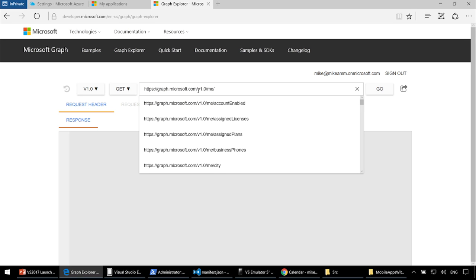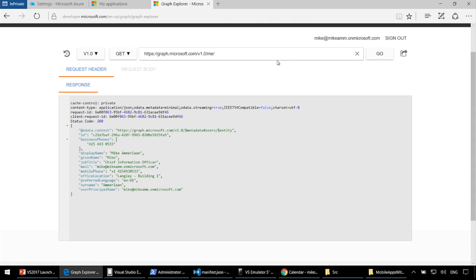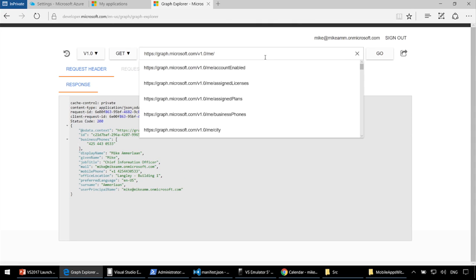Okay, so this is a very simple REST request here. I'm going to be looking at /me. I'll click go, and what it'll return is some very basic information about this fictitious person who's a chief information officer. Okay, so that's just a very simple GET request, but I can also go down the hierarchy,